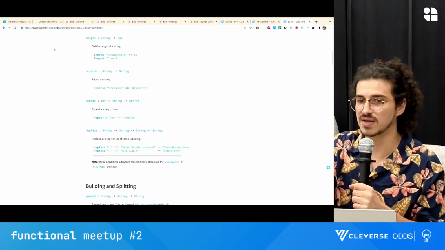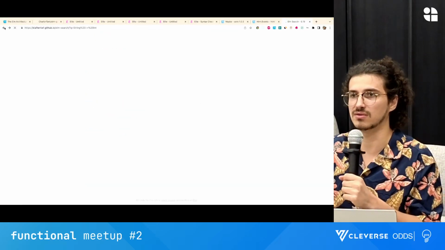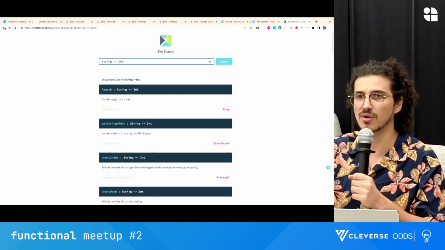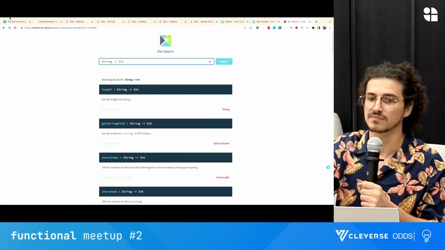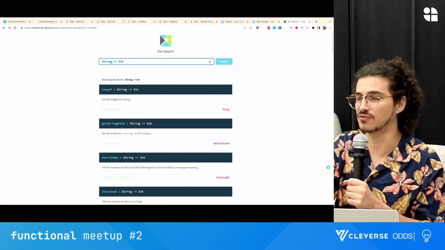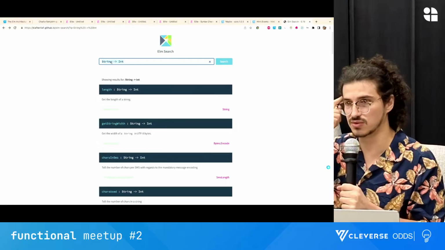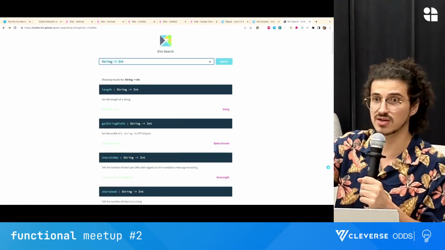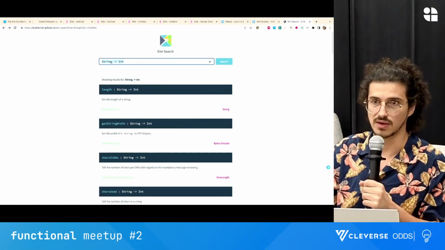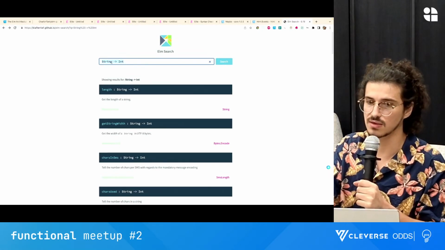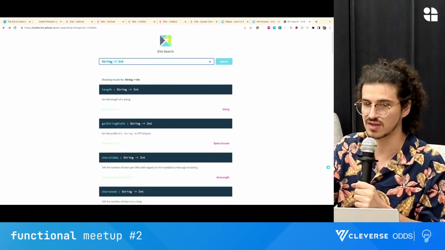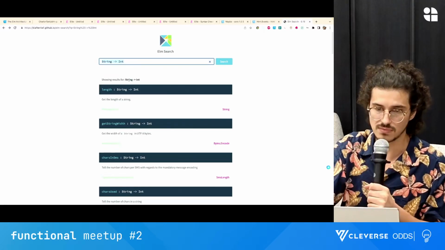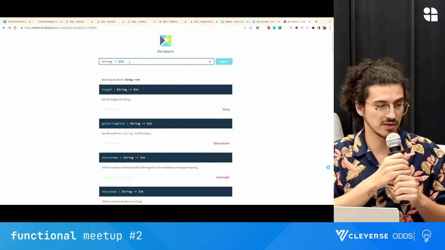And this can be for a lot of stuff. For example, if you work on something more complex, you can just type the annotation of what you think your function will do, and maybe someone already created that somewhere, and it will give you exactly every function that has the same annotation. Anyway, let's get going.